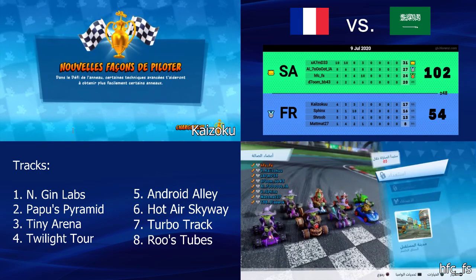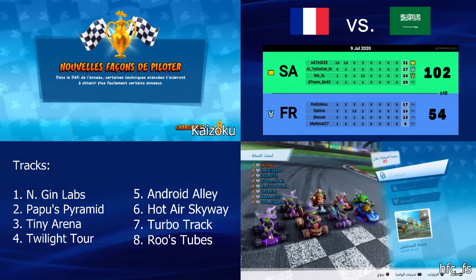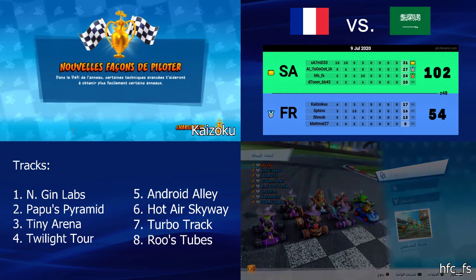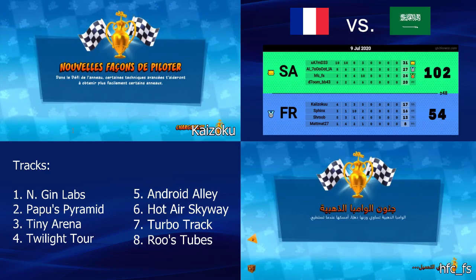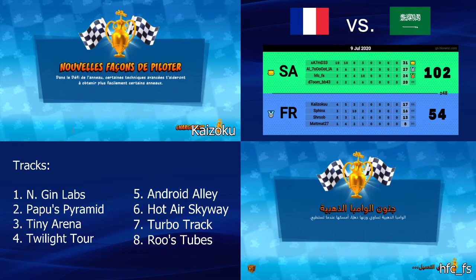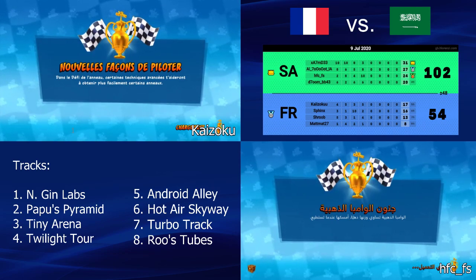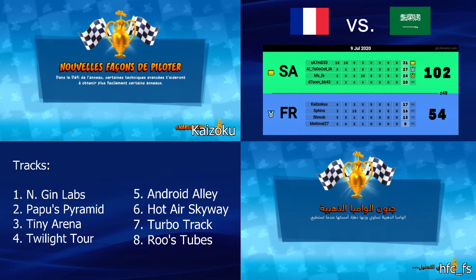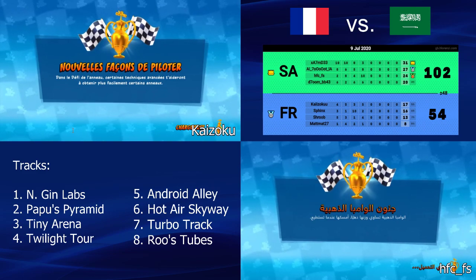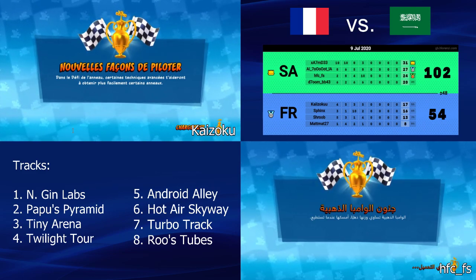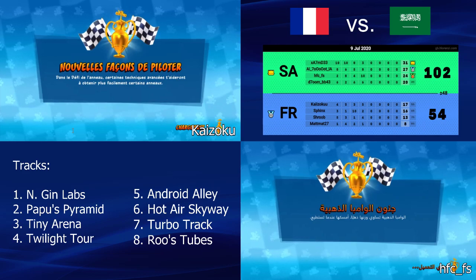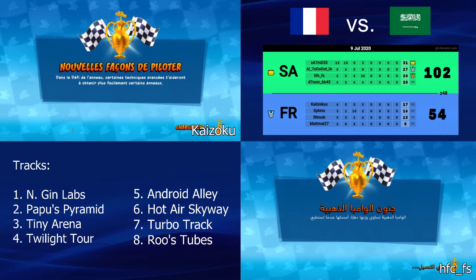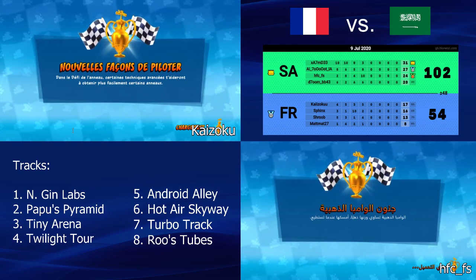But the thing is, I don't like to blame the outcome of a race on RNG alone. Of course, RNG plays a factor, mais c'est un peu ça aussi. But if you end up in bottom 4, you don't end up bottom 4 because of bad RNG. That's just unrealistic. You don't get bottom 4 because of bad item rolls. That's never gonna happen.